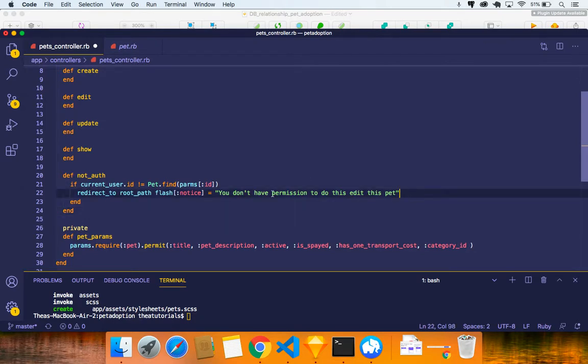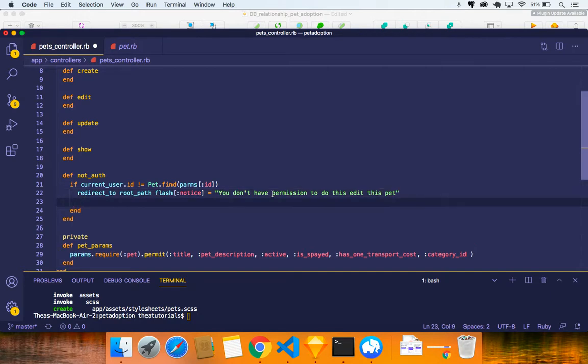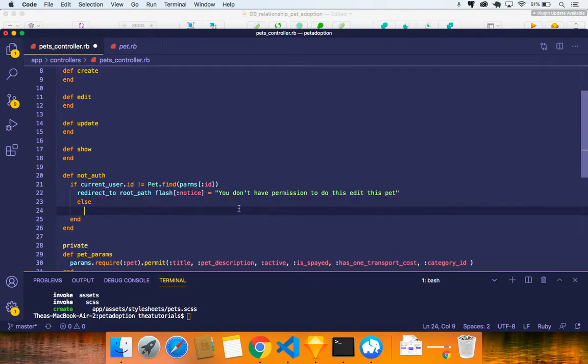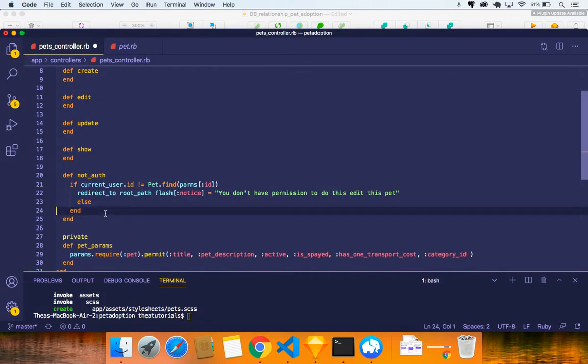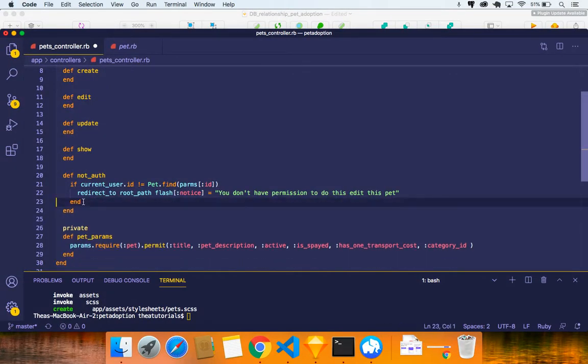So instead, hang on a second. So here it would be if else, and else do nothing. So in that case, why don't we use the unless? We can use the unless instead of doing this because this is just way too much code. But let's take it one step at a time. We know what we want here. If the current user ID is not equal to the pet,